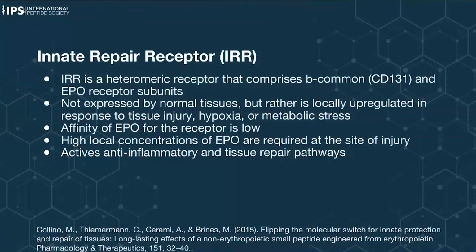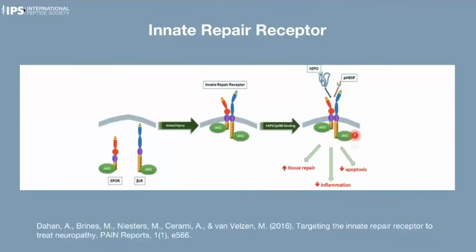And I'm going to show you a great slide that you can refer back to give you more information about it. Well, let's just jump to it. Because this innate receptor comprises a CD131 and an EPO receptor. They're kind of two subunits. But what you can see is this innate receptor is typically not identifiable until there's stress or injury. Then it shows itself, and typically you will make your own erythropoietin to control this receptor to then activate your